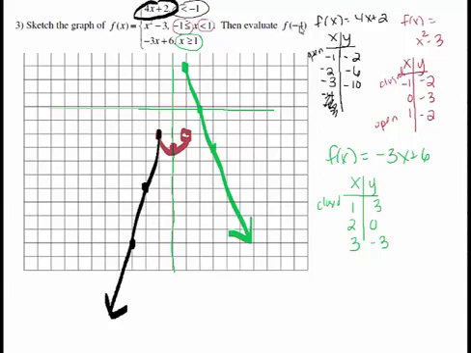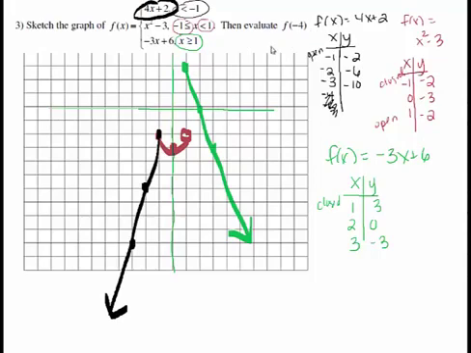Now it says evaluate f of -4. Well, there's actually 2 ways you can evaluate it. One is to actually look at the graph and see if you can find the answer. So 1, 2, 3, 4, 1, 2, 3, 4, 5, 6, 7, 8, 9, 10, 11, 12. I can't really see it, right? So if you have a really accurate graph and you can actually see the point, just do that. Find that coordinate. Otherwise, what we want to do, and which is what you probably did in your assignment, is